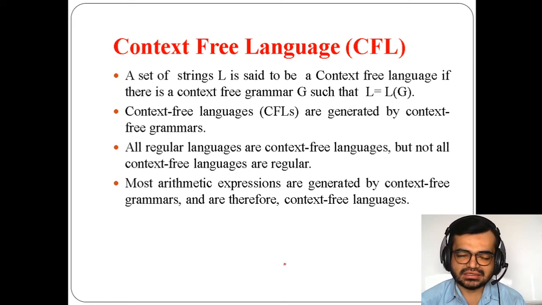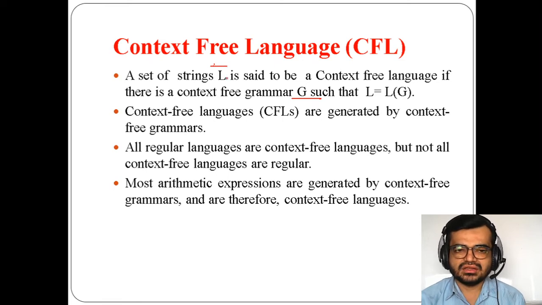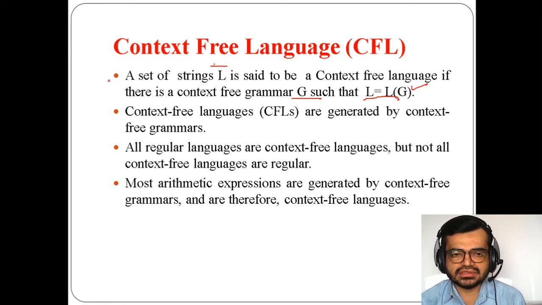Whenever a language indicates a set of strings which satisfies the given grammar G, and if this grammar G is a context-free grammar, and I represent L as the language, the set of different strings satisfied by the grammar, then for L to be a context-free language, the condition is that the given grammar G should be a context-free grammar. So whenever a language L satisfies the property that G is a context-free grammar, then you can say that L is a context-free language.